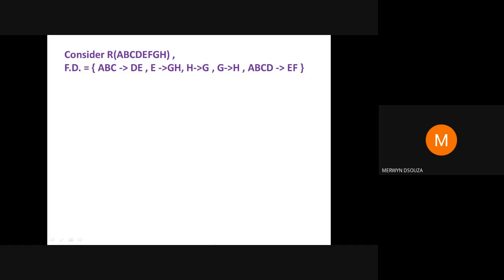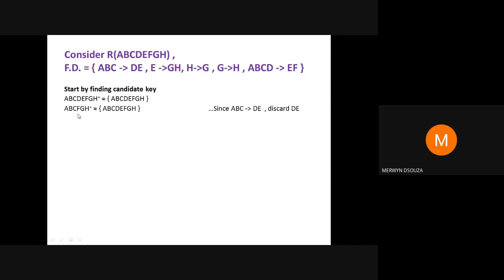So the first step is to start by finding the candidate key. You can find the candidate key for the given relation R. We have already gone through this multiple times, how to find the candidate key. You need to follow all the steps that are given and find the candidate key. I'll not be going into details of finding the candidate key, so you can watch that previous video in case you have forgotten.